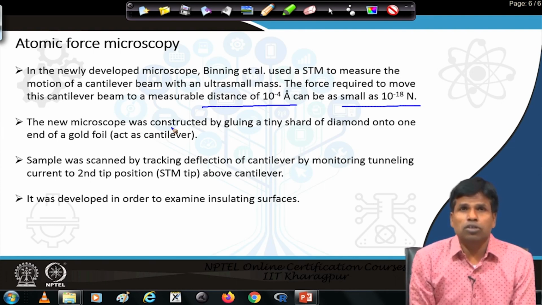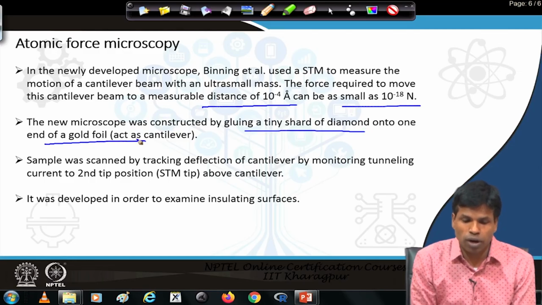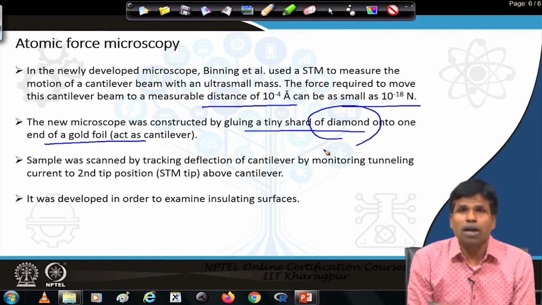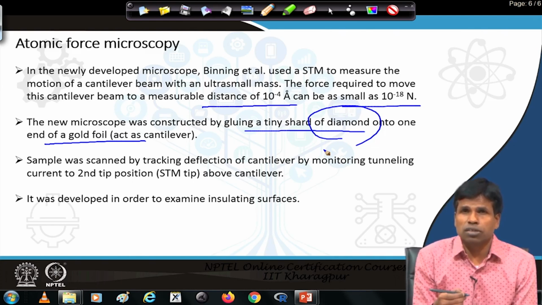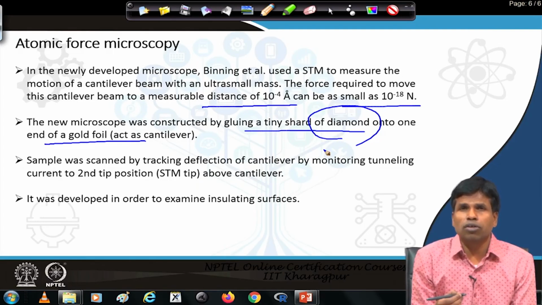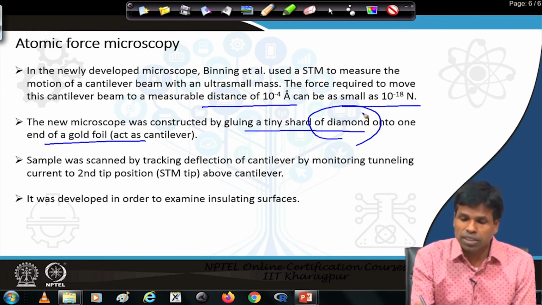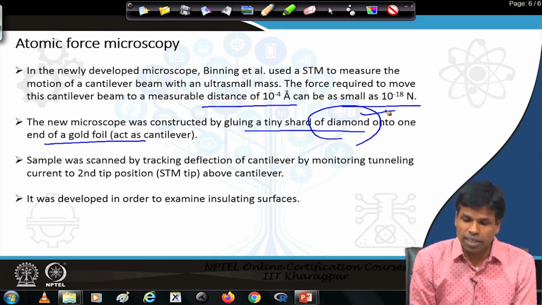This new microscope was constructed by gluing a tiny shard of diamond onto the end of a gold foil. Here the gold foil acts as a cantilever, and the tip is made up of diamond. As you know, in the scanning tunneling microscope, the tip is made of tungsten or platinum iridium. Those are metals, because we need to measure the tunneling current between the tip and sample. The sample has to be conducting or semiconducting, and the tip has to be metallic. In this case, as you see, the tip is no more conducting, neither metal nor semiconductor. It is a diamond, which is insulating. So, using a diamond tip,